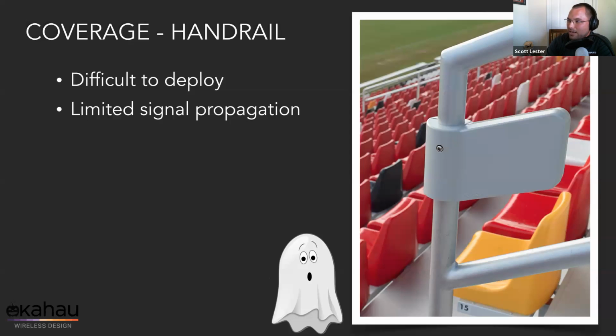And then not to mention that, but there's also an increased cost to deploy a handrail antenna. You're talking about potentially having to use a greater number of access points, but you're also looking at things like, does the stadium already have handrails in place? Because if a stadium doesn't, you're looking at having to deal with such things as ADA restrictions. Well, if I put a rail in now, does my stadium have to fall under complete ADA guidelines? So am I going to spend $10 on this AP, for instance, but I'm going to have to spend $100 million to make my entire stadium ADA compliant? So those are things that you also have to look for as well.